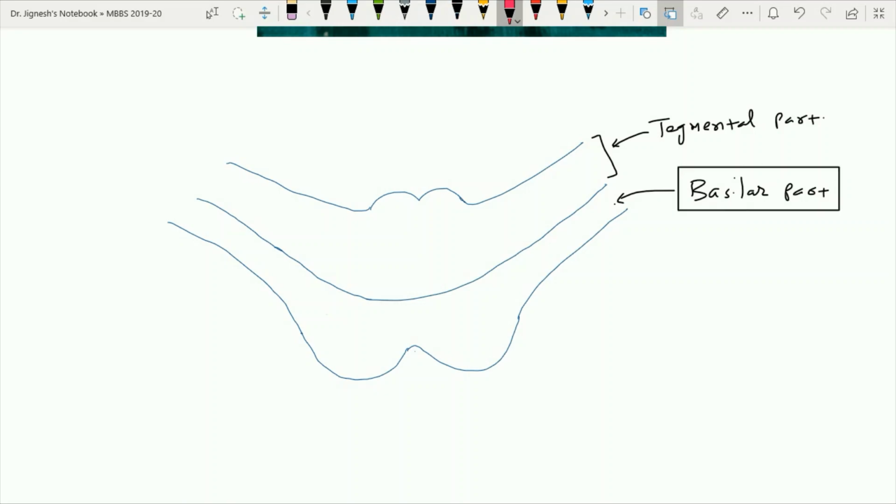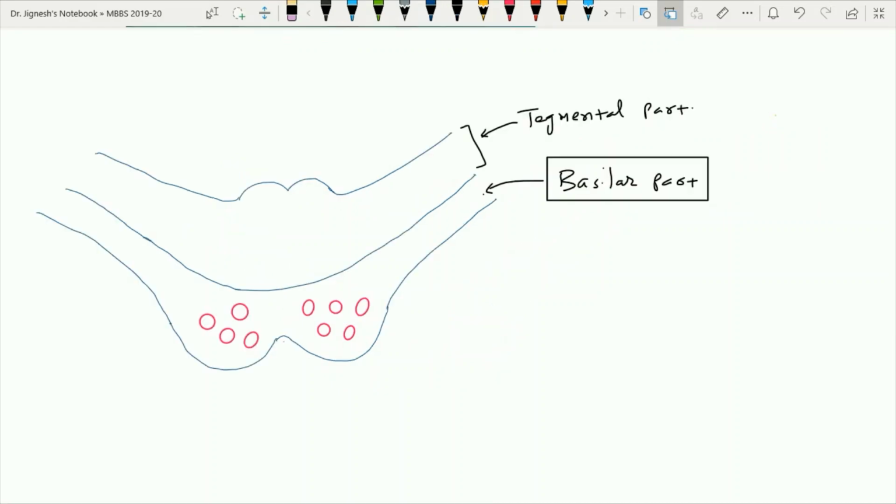In this basilar part of the pons, we can find three types of fibers along with some pontine nuclei. Some of these fibers are longitudinally arranged, so we can see a rounded bundle in a transverse section of the pons. These are fibers coming from the cortex and going to reach the spinal cord or the nuclei of the cranial nerves. So these bundles are the corticonuclear and corticospinal fibers. Let's orient with these fibers.